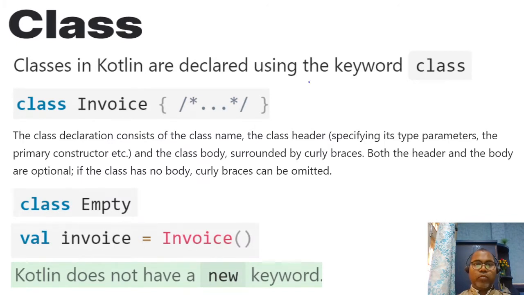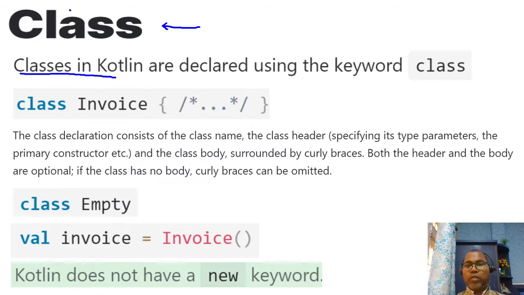Today I'm going to discuss classes: how in Kotlin you can create a class, how you can create an object, and how you can define properties inside a class, what are the ways to write a setter and getter, and what kind of constructors Kotlin offers to construct a class. So first, the basic syntax of Kotlin is, if you want to create a class in Kotlin,